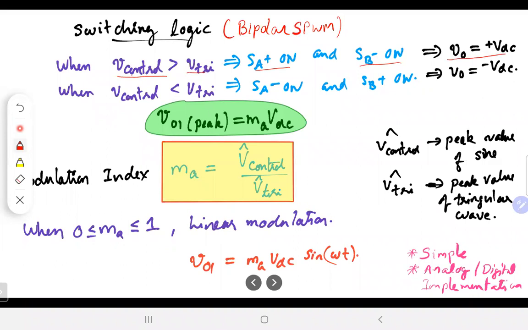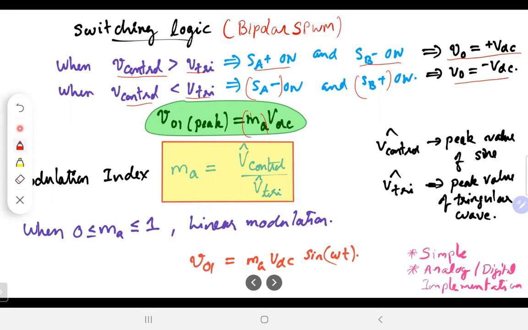We get VO equal to VDC. When V control is less than V triangle, we'll have SA minus on and SB plus on, and then we get VO equal to minus VDC. And we already found that VO1 peak would be proportional to VDC, but by a scaling factor